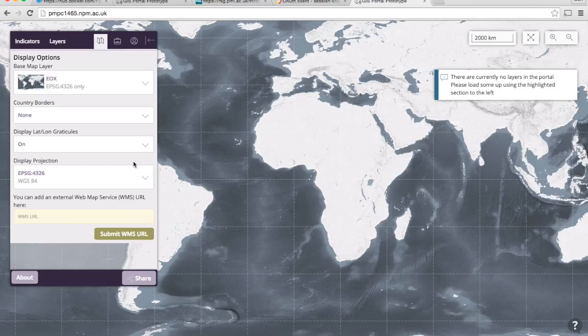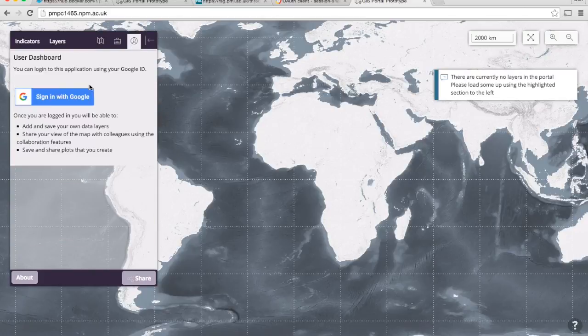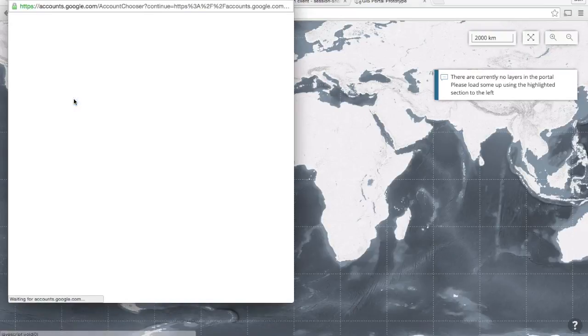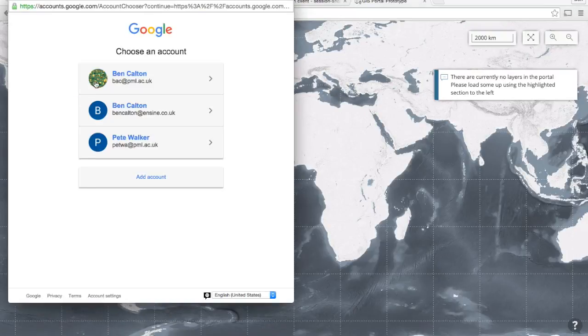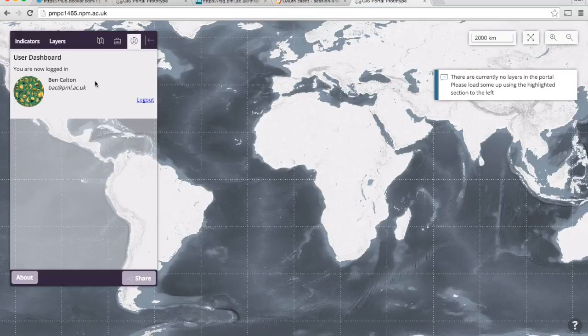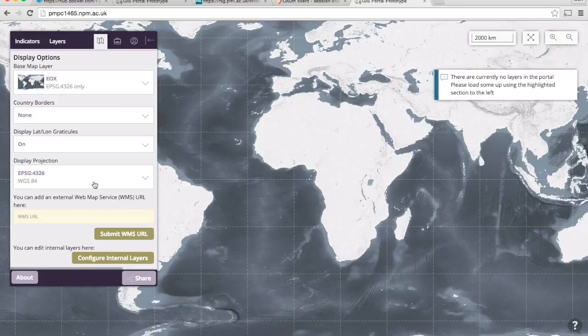It's got no data in it again, but now it's got a login button. So I can now sign in using my Google account, and that's signed me in as an administrator. So clicking on the display settings tab I've got an additional button here so I can configure the layers that live within the portal on a more